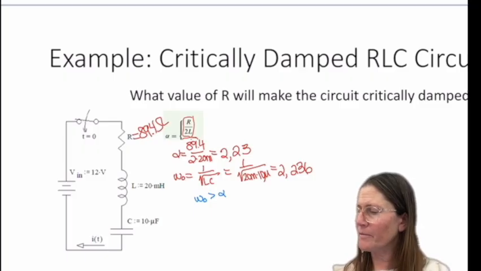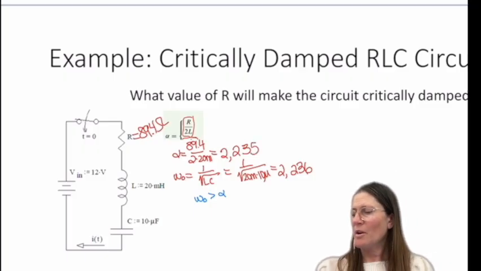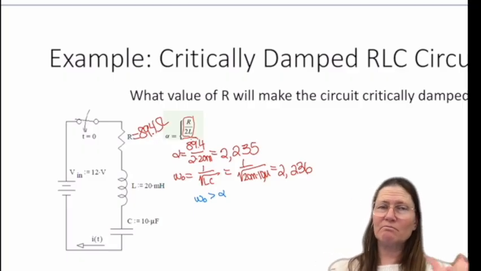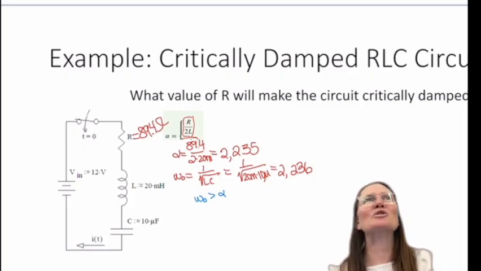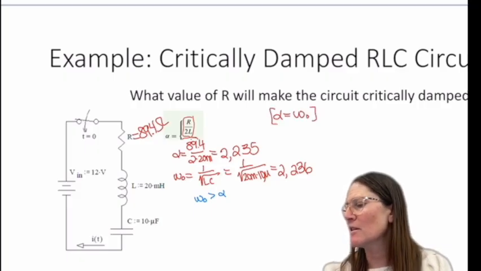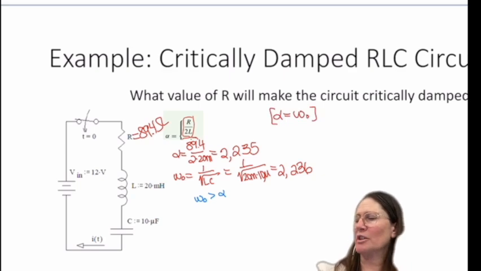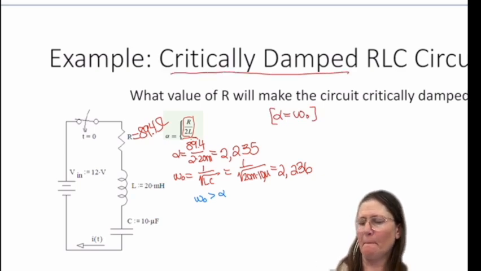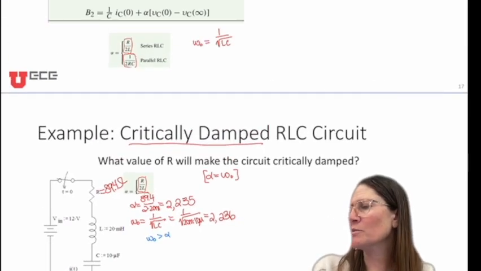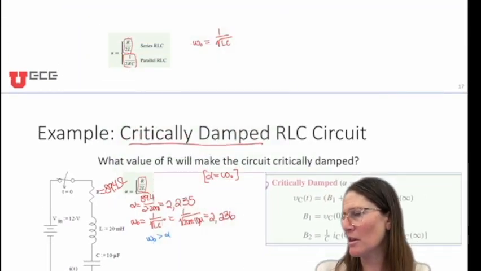2,235. Okay, so these are approximately the same, so we're going to just assume that they are the same. So alpha equals omega naught. So critically damped. So for this critically damped, we need to know the B1